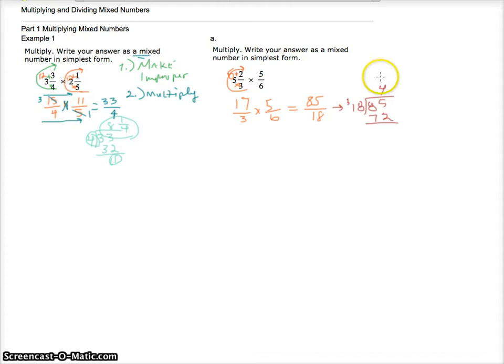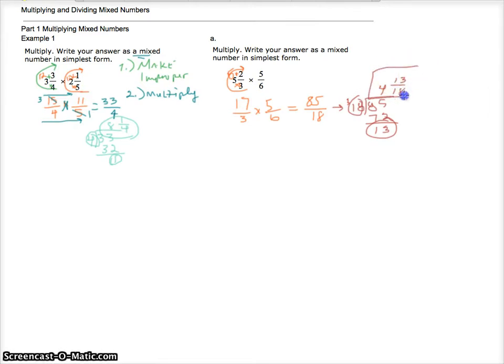If I want to check that, I can go to 5. Well, if I add one more 18, I end up at 90, so that's too much. So 4 was perfect. 85 minus 72 gives me 13, and these two values are going to become my final answer, 4 and 13